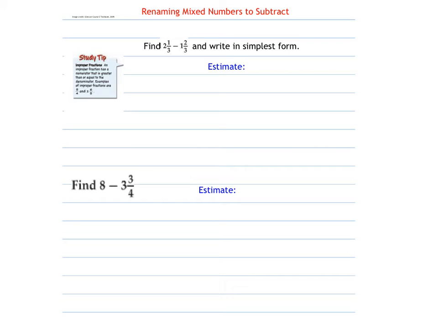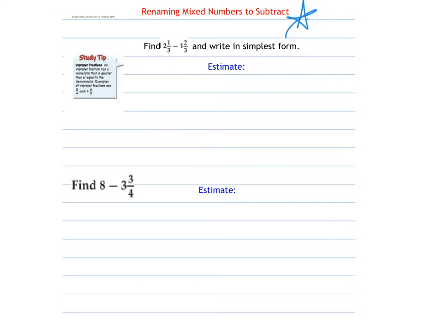Okay, so the next part that we have here is renaming mixed numbers to subtract. So this is what we do when we have a fraction out front that is smaller than the fraction we are subtracting from. So just like if we have 10 minus 8, we would regroup, stuff like that. It's kind of like that, but with fractions. So what we are going to do,